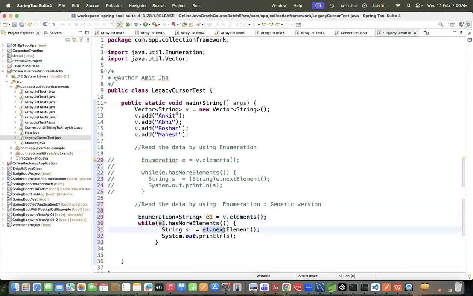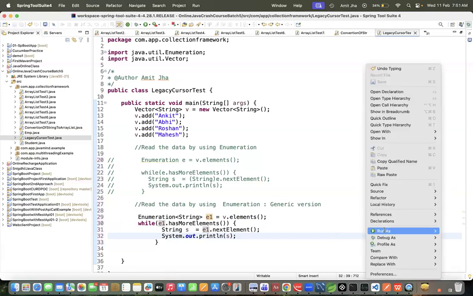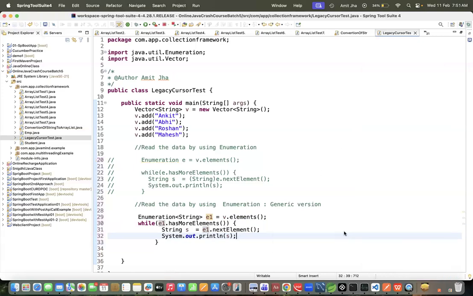It will iterate, yes or no? We are calling this method and holding the object in S, and we are going to print that held object. Any confusion, guys? No problem. I will run the application in front of you and show the result, whether it's coming as expected or not.